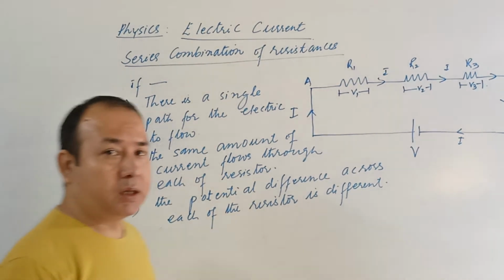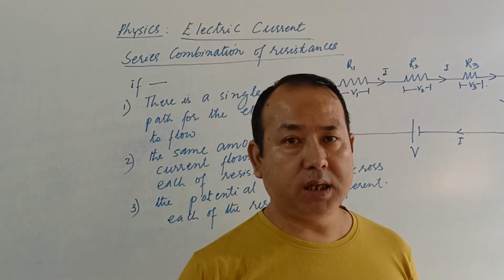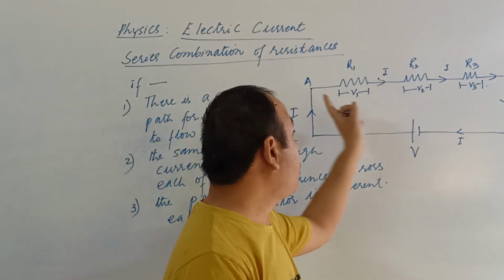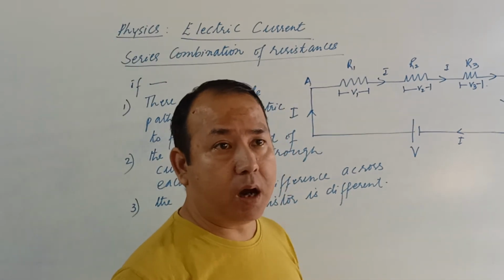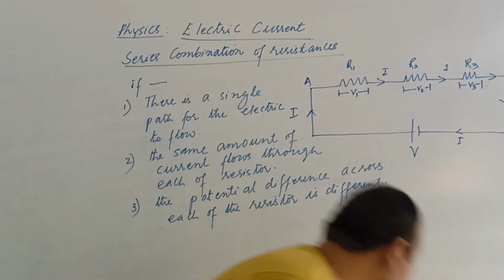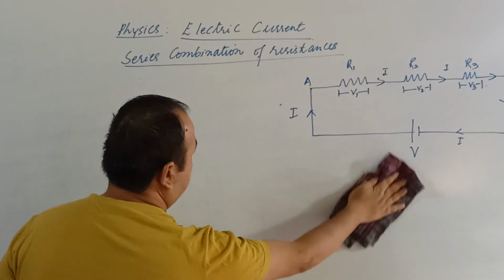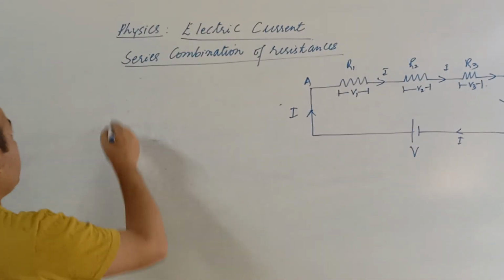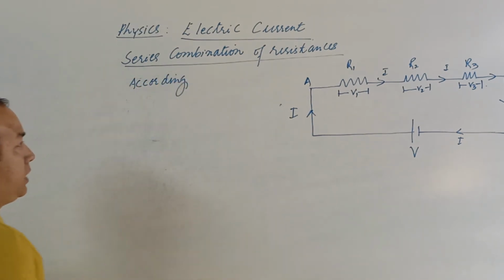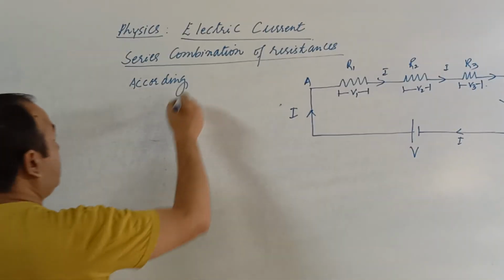Now after this comes the mathematical expression of equivalent resistance of series connection. Equivalent resistance means the total resistance offered by this combination. How to calculate that? For that, we'll apply Ohm's law. We are deriving here the mathematical expression. Derivation is not in the syllabus, but still, in order to have a clear idea, according to Ohm's law,